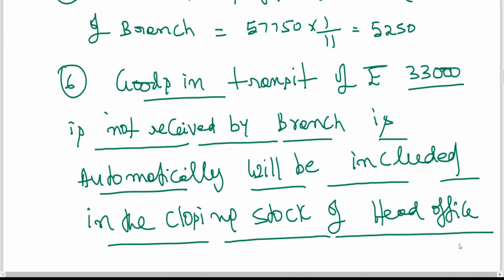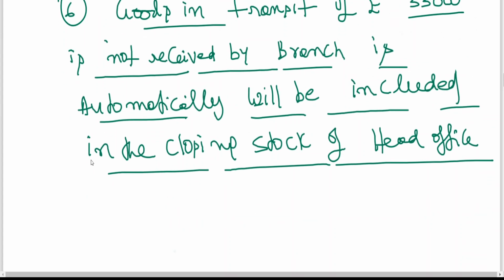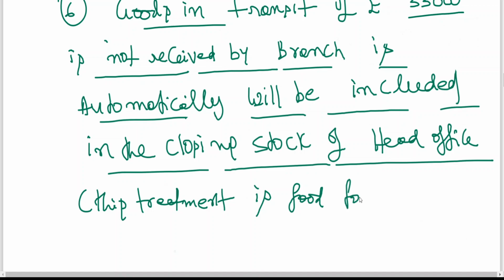It has to be somewhere. Even though the branch has refused to record it in the branch, because it is a dependent branch. If it is an independent branch, the treatment will be different. So this treatment is good for dependent branches, because I'm keeping in mind future discussion. For independent branches, I'll explain the treatment differently.